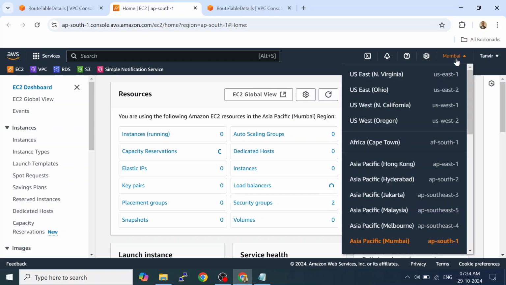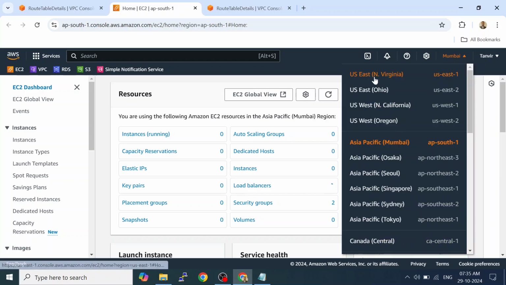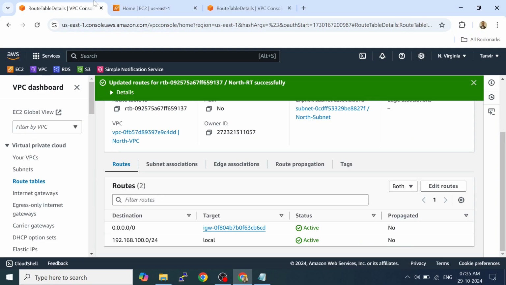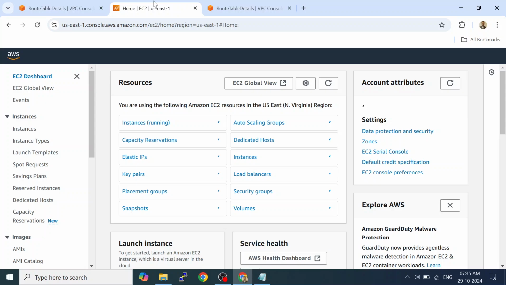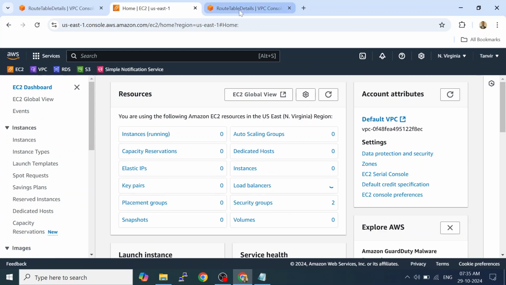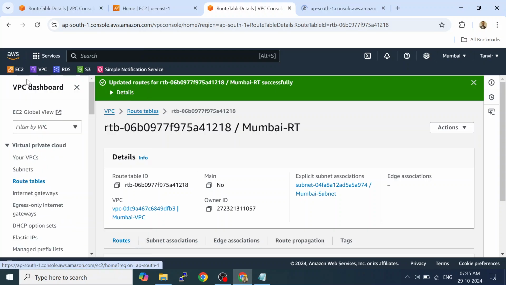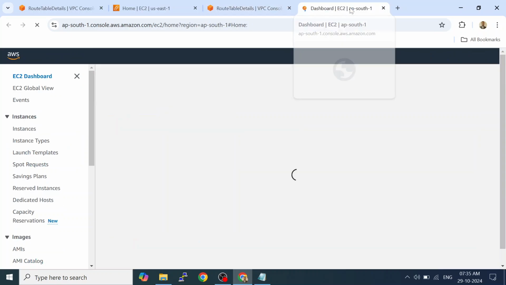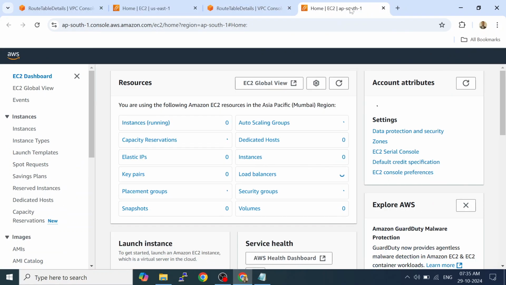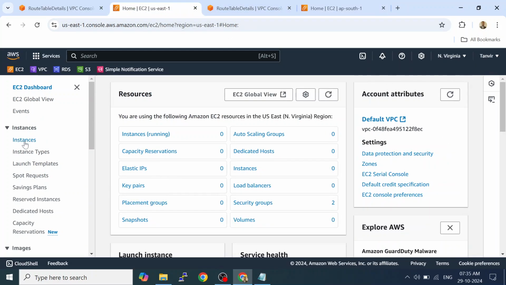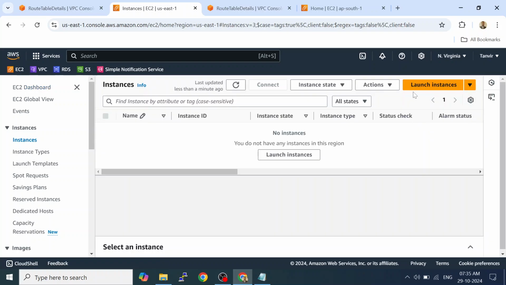No, I have to create it for North Virginia region. So this is North Virginia, this is also North Virginia. Yes. And here also I have to create for Mumbai region. Correct? So here in North Virginia, I am going to create an instance of Linux, launch instance,